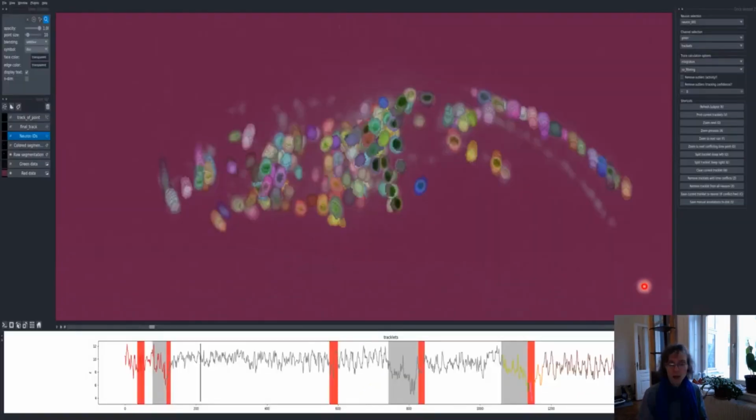I wanted the climax of this talk to actually be a live demo of the GUI itself, but unfortunately the network is down at the University of Vienna, so I cannot show you that. But you can see here that we have our segmentations around the neurons. And here is a particular neuron and the Z coordinate of the centroid across time. We can see in the different colors how our different tracklets